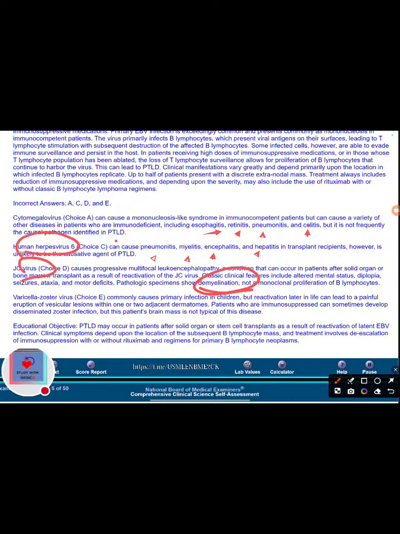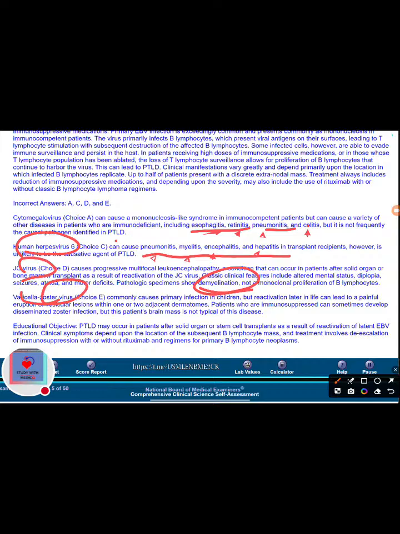Human herpesvirus 6 shows different symptoms like hepatitis and pneumonitis. CMV can cause mononucleosis-like symptoms in immunocompetent patients as well. In immunodeficient patients, esophagitis, rhinitis, pneumonitis, and colitis can all be there. Talking about varicella zoster